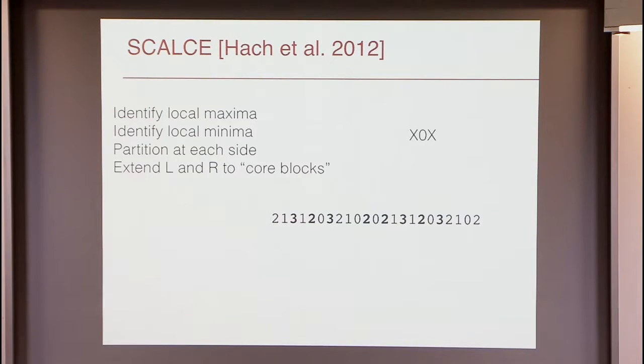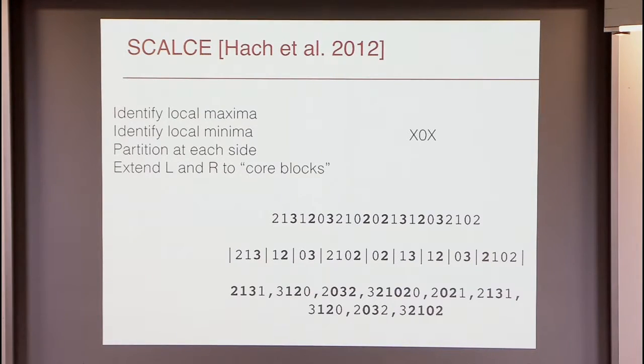Now, we partition on each side of each maximum and on the ends. So we're just breaking this up, and extending left and right, we get these overlapping blocks. What's interesting about this is that, aside from the margins, we get the same core blocks from both sides of this, right? Just by following this rule of looking for local maxima,